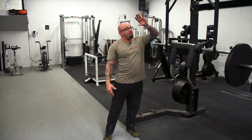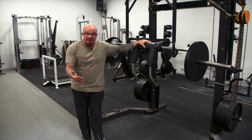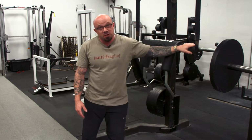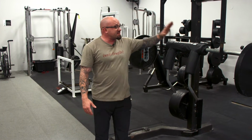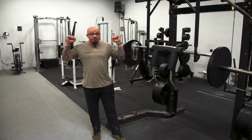So it's very, very important to get a bar that helps your mechanics, makes you squat better for your positions, and gives you some of that load on your spine, challenging your core. If your gym doesn't have one of these, you should encourage them to get one. If you're starting your own garage gym or a gym yourself, this is the ideal squat bar for almost everybody in the world. The straight bar was invented